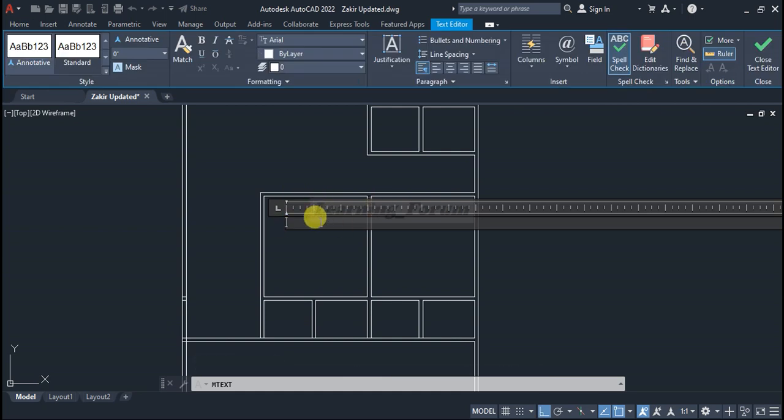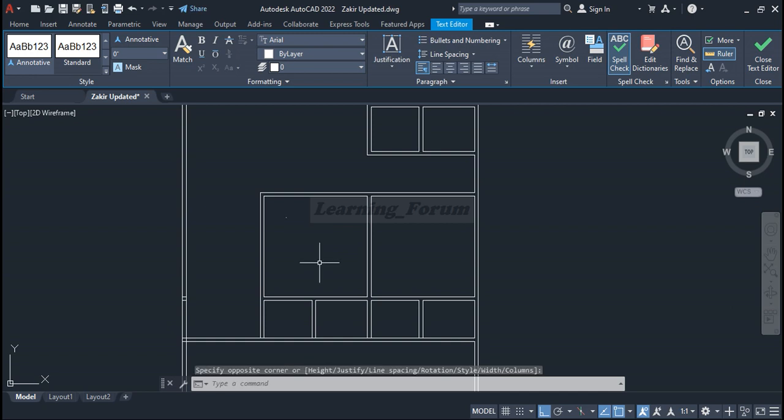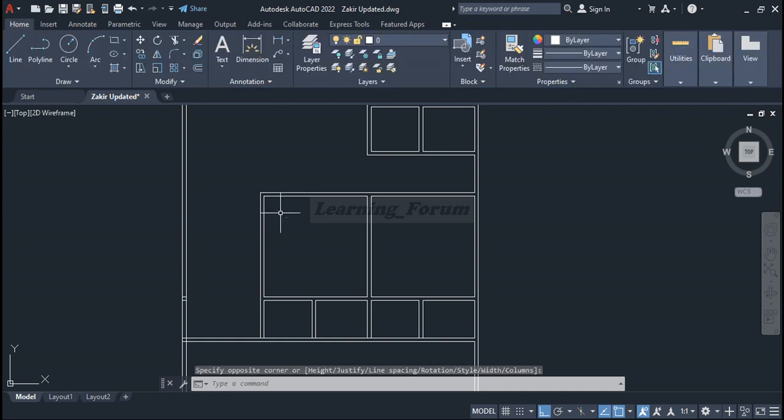Now I am writing bedroom, and I'll give its dimension. Let's say it is now 14 by 14 room. So I'll click on 14 feet by 14 feet room. Now I'll click outside just like this, and you can check out that the text has come, but the mouse